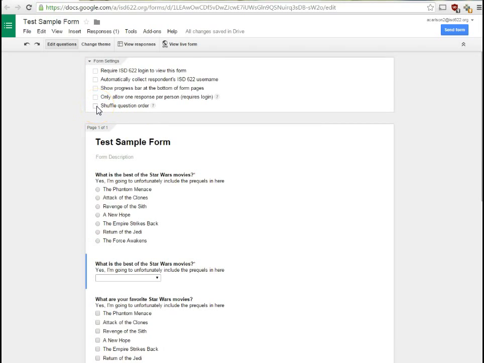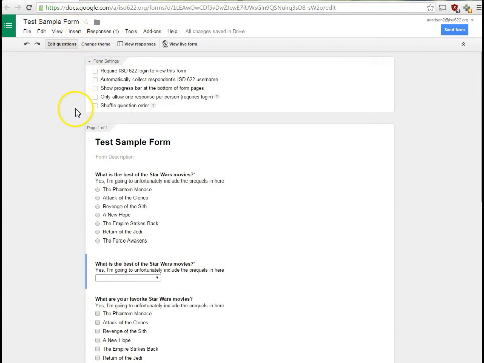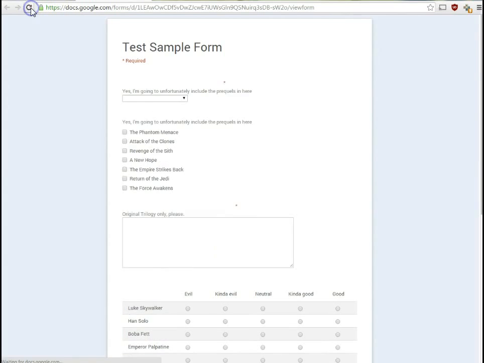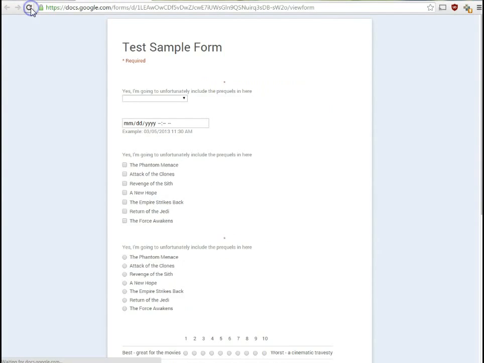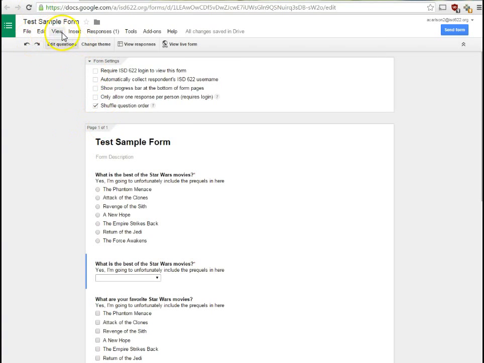All right, one other option we have here is this shuffle question order. Now when I go to my live form here, here's all the questions set up just the way I made them before, but if I hit that shuffle question order, it's going to take all my questions and mix them up. Every single time someone loads the page or you refresh the page, you're going to get a slightly different order. This can be really handy if you want to shuffle stuff. On your end, it'll still look the same, but from the student's end,